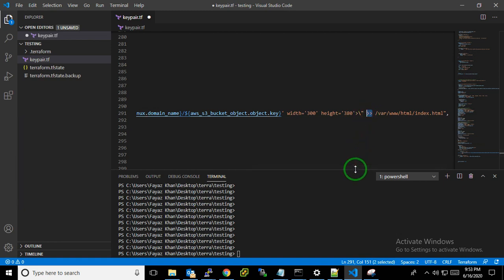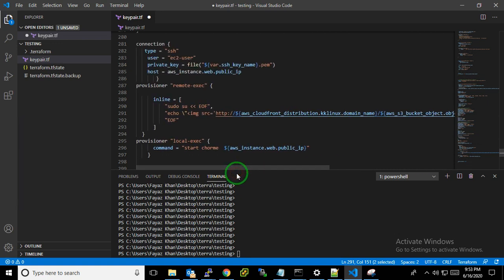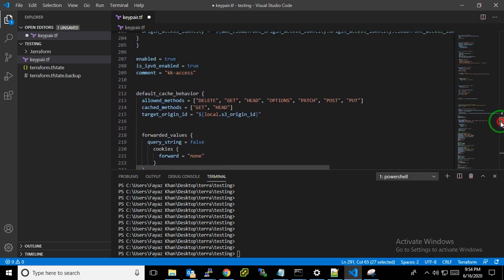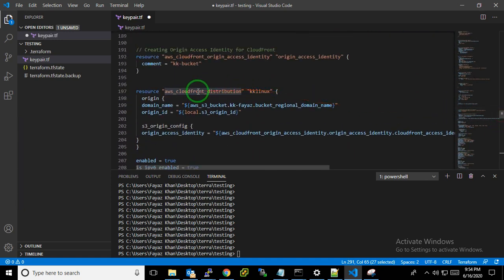So the content to be copied on AWS is this: from where it is coming, this is the AWS CloudFront distribution. I am calling this distribution. This is the resource, and from this I am calling my resource.